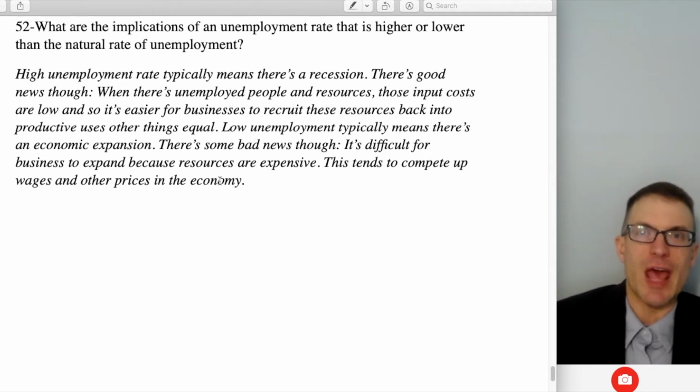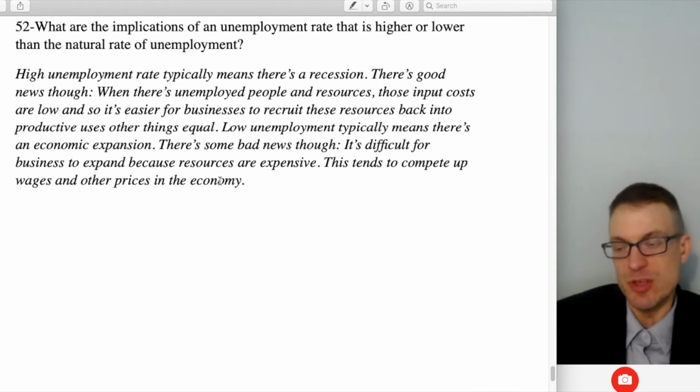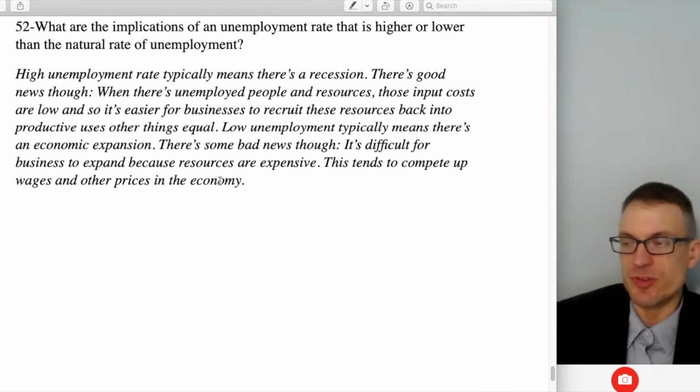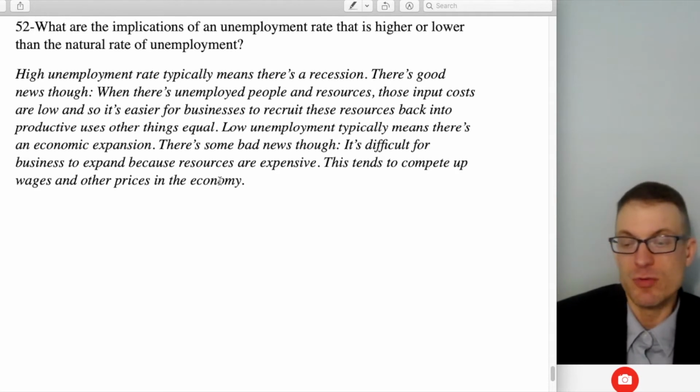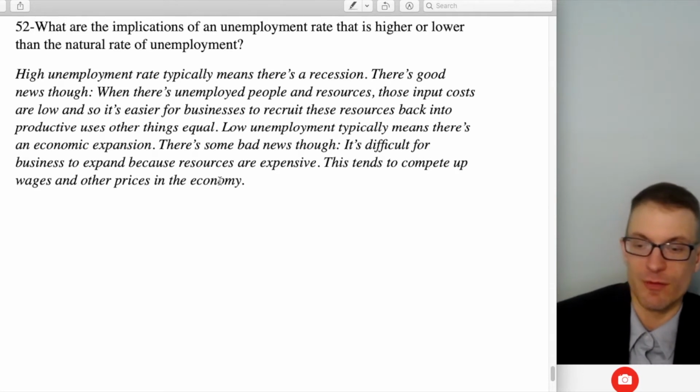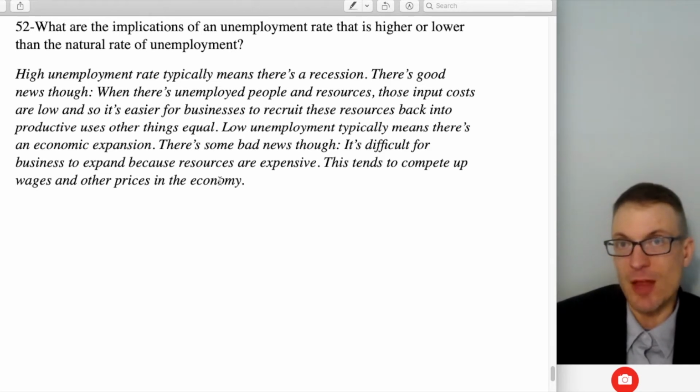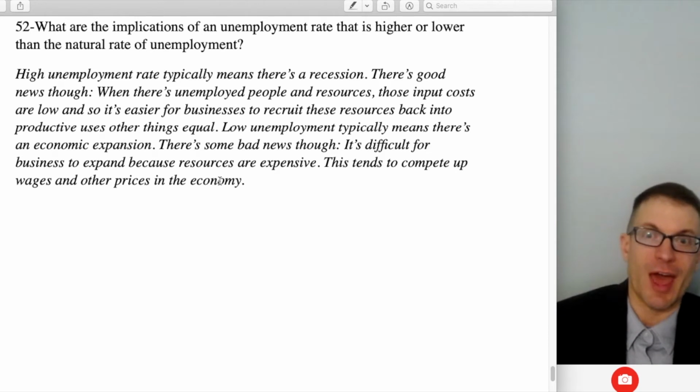So remember, the natural rate of unemployment is characterized by a situation where there's cyclical unemployment. Now, that's actually relatively good news for businesses in a weird sense. If there's unemployment, we're expecting there's unemployment of humans as well as machines. And as a result, it should be relatively cheap for businesses to expand or to hire workers and hire labor, because workers are going to be willing to accept relatively low wages, and the cost of additional capital is going to be relatively low. You're going to get things at a discount. And that's going to be good for business expansion, which is part of the natural economic expansion.